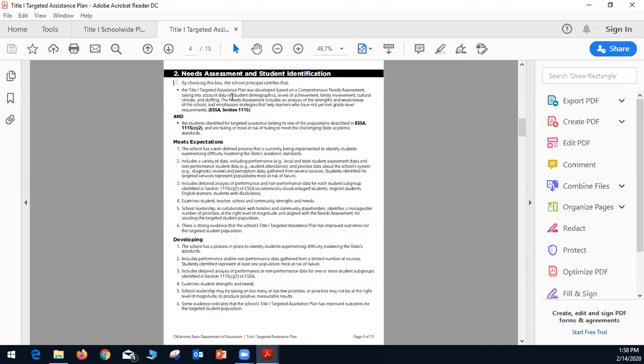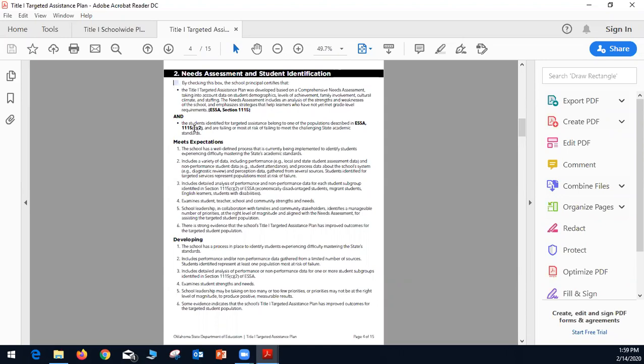There is a needs assessment and student identification section. This is specific to targeted assistance programs. But anyway, by checking the box here, the school principal certifies that the targeted assistance plan was developed based on a comprehensive needs assessment, taking into account data on student demographics, levels of achievement, family involvement, cultural climate, and staffing.